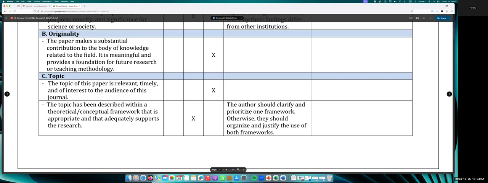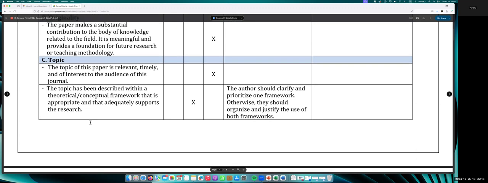An example of, let's say you gave the author a 2, you could say the paper presents known concepts, but doesn't clearly demonstrate how these findings build on previous research. So it would be beneficial to explain how your study introduces a new or novel perspective or approach to the topic. Okay, so let's move on to the third